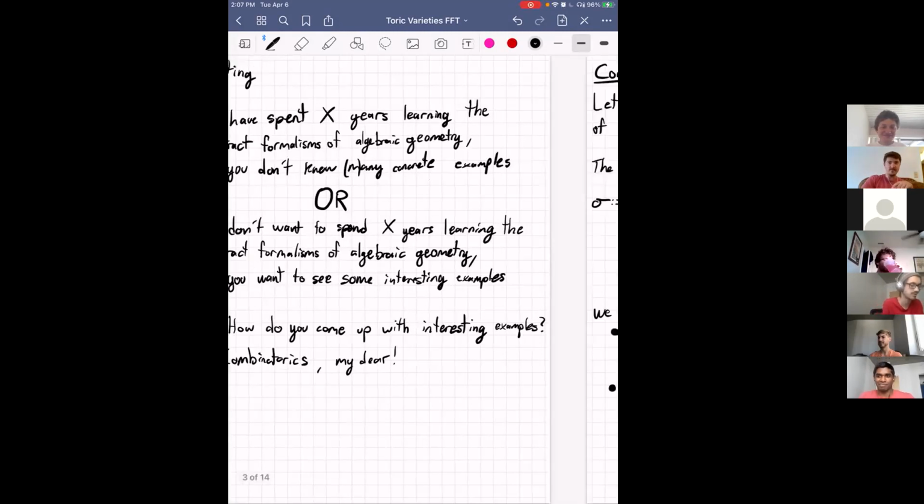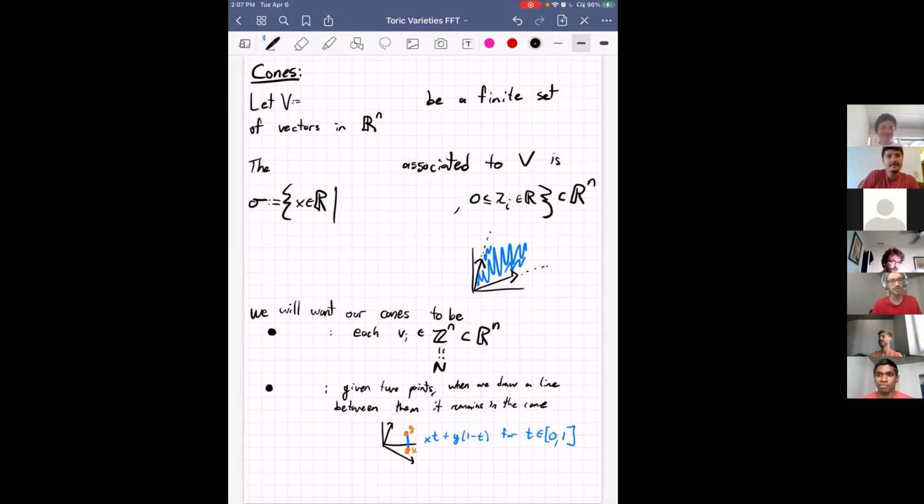Okay, so first of all, what is a cone? Let V be a set of vectors in R^n. So give me some set of vectors, v_1, v_2, all the way to v_r. Let's make it v_r. Okay, we're going to be in R^n. So if it's 2 or 3 vectors, you can write it down. And so we can make a cone out of these vectors,